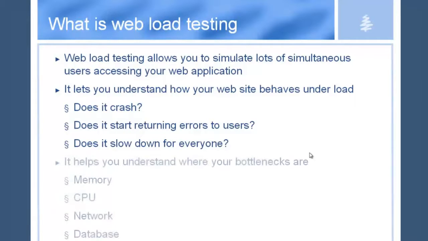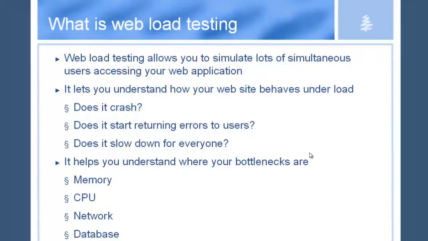In addition, to try to help you understand where the bottlenecks are. So are you starting to run out of memory so your server gets slow because of that? Are you using your CPU heavily so you know that you'd be well served by improving the processor that's in the box you're running your server on? Are you network bound, or do you run out of database connections? So again, trying to help you understand what your application's behavior is when it's under load. So those were the things we were trying to help you accomplish when we added the features to QA Wizard